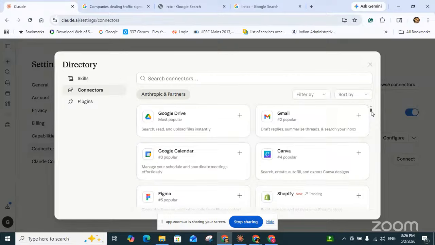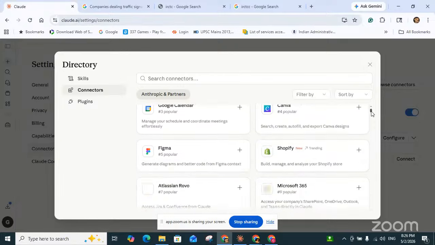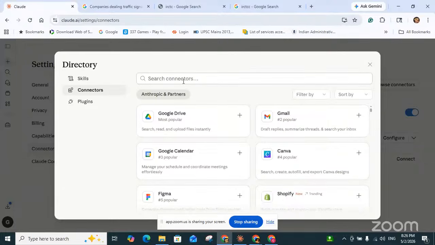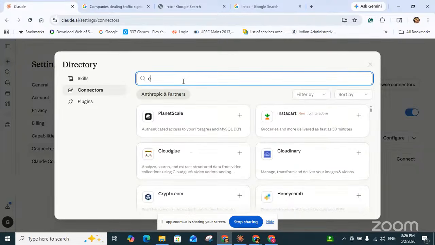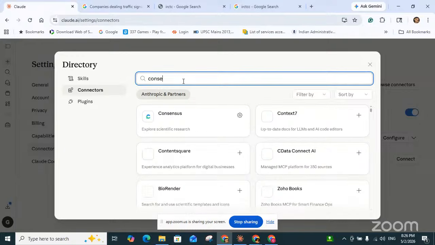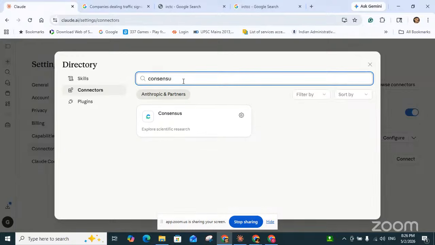I have used Claude because here I found the Consensus connector. Previously I was verifying each Claude-generated reference using Consensus individually.